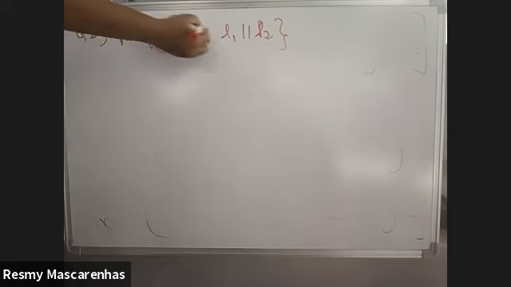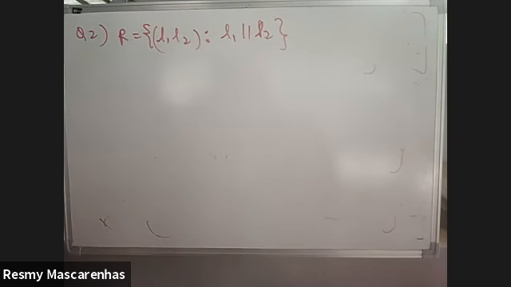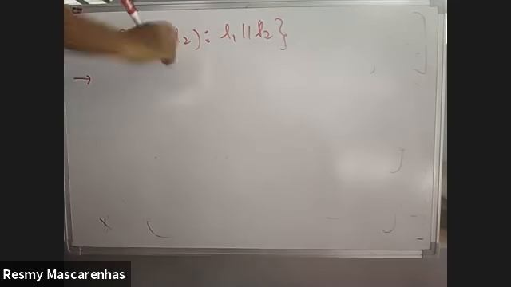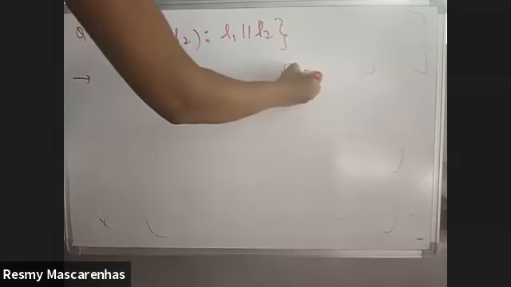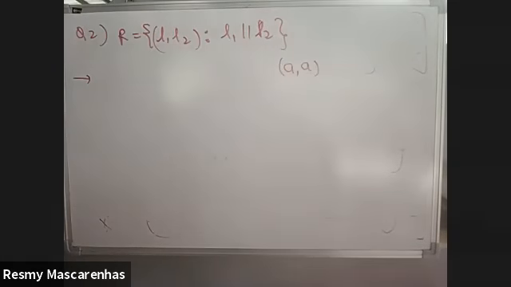Okay, so the first problem I will give you, and in a similar way you have to follow for the rest of the problems. Now we have to check whether these lines are reflexive, symmetric and transitive. First condition is to check whether it is reflexive. Two lines are given. So for reflexive, what is the condition? A comma A.